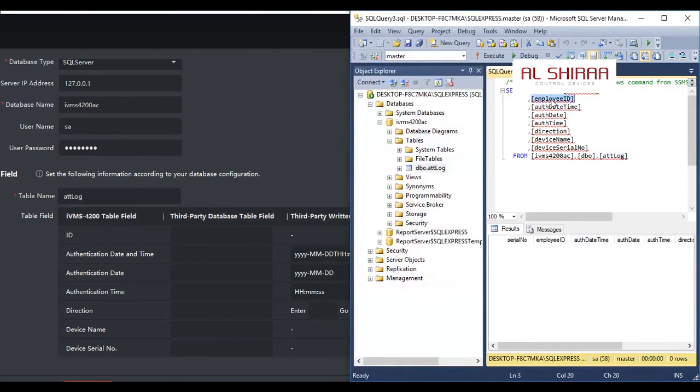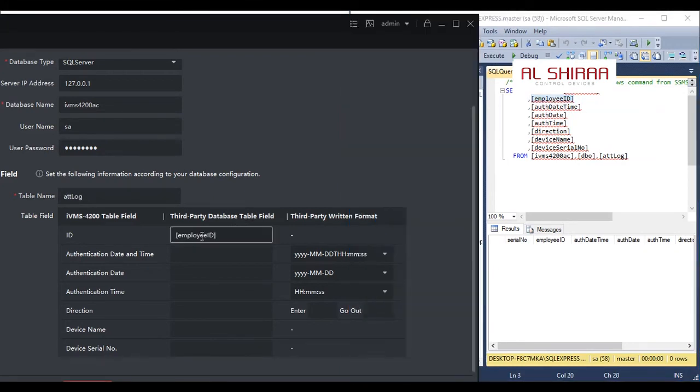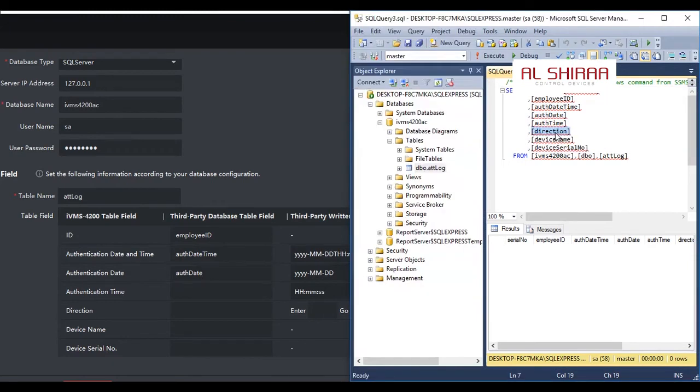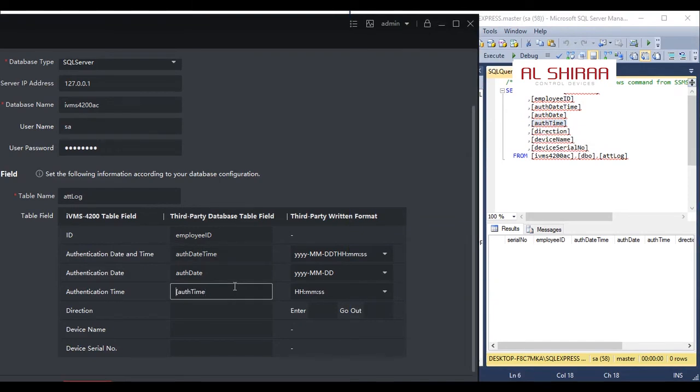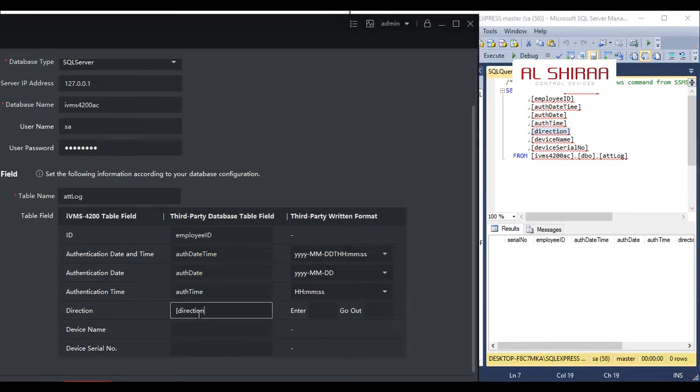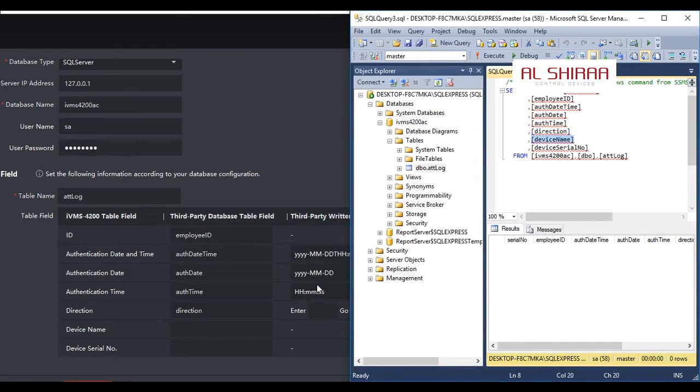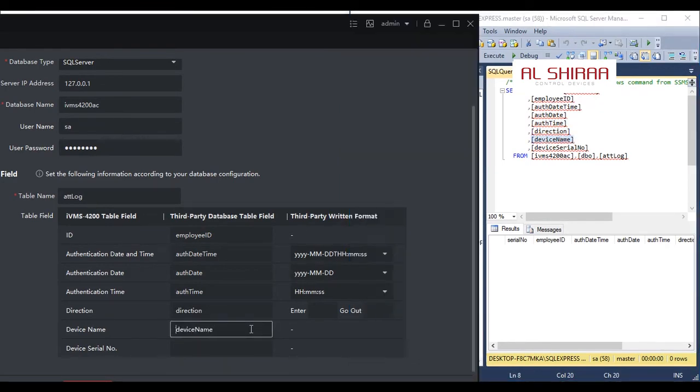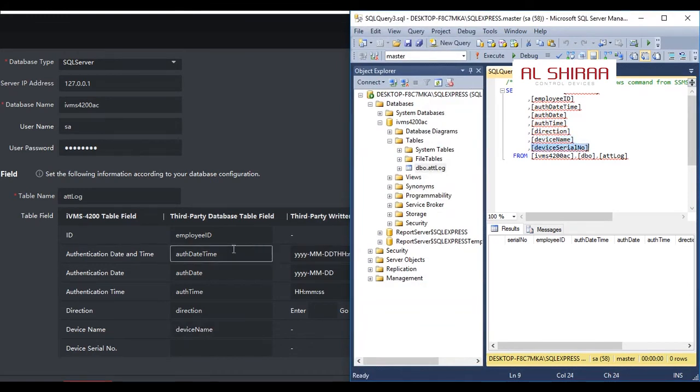And we have this employee ID, we have auth date and time, we have auth date, and we have auth time, and we have direction, we have the device name, we have device serial number,